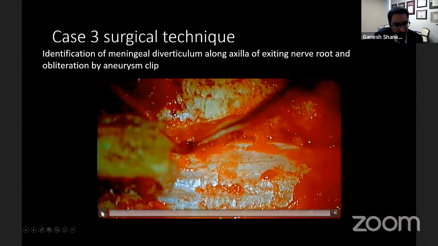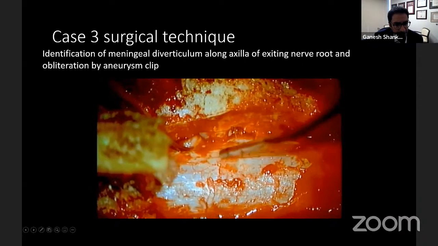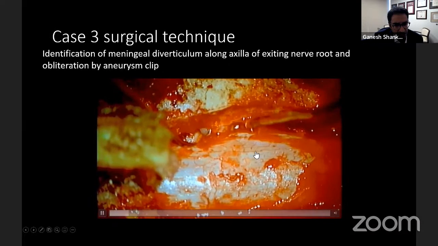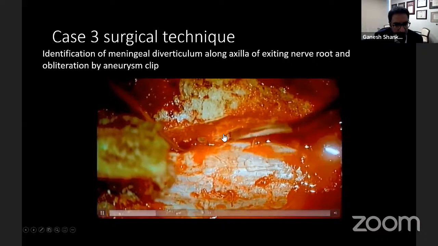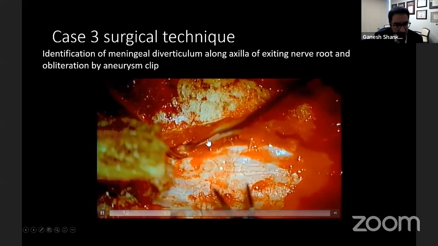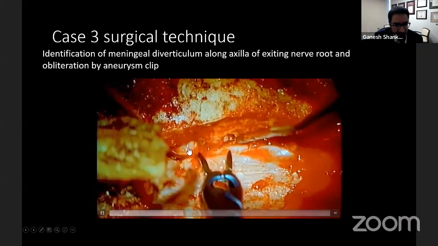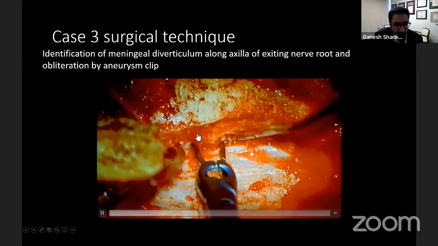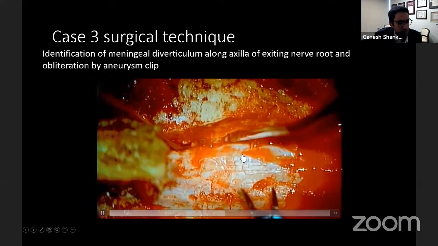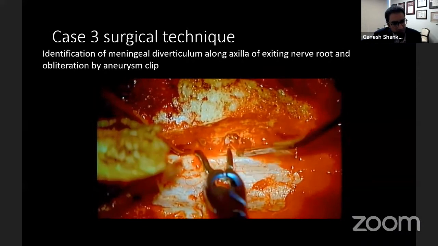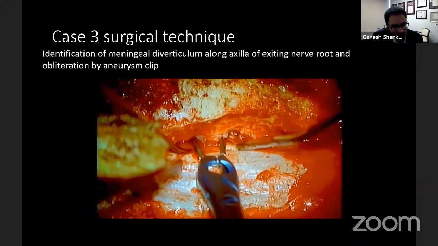And so here's a video from a different patient that highlights how we do this. So this is a patient where we can identify the egress of CSF resulting from this perineural cyst or the meningeal diverticula that's in the axilla of the exiting nerve root here. We select an appropriately sized and shaped aneurysm clip. And with neuromonitoring,